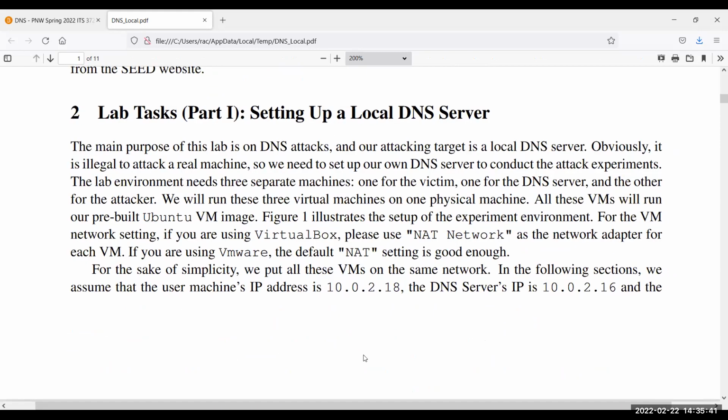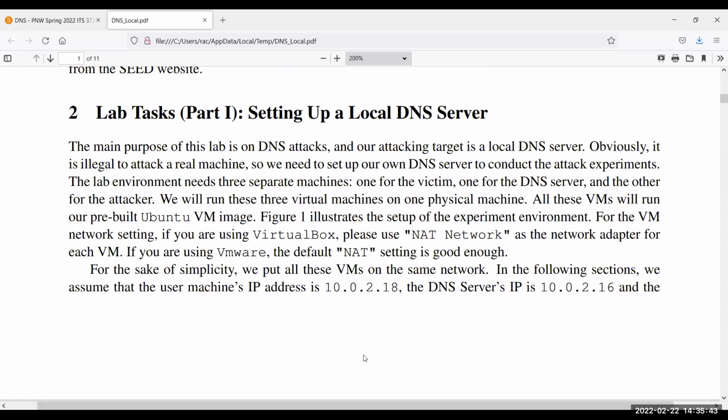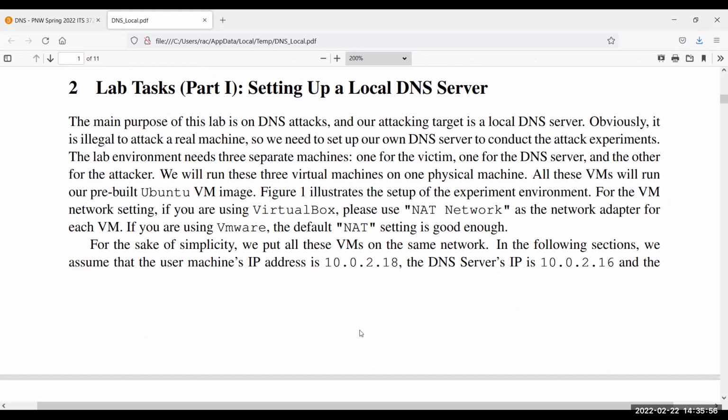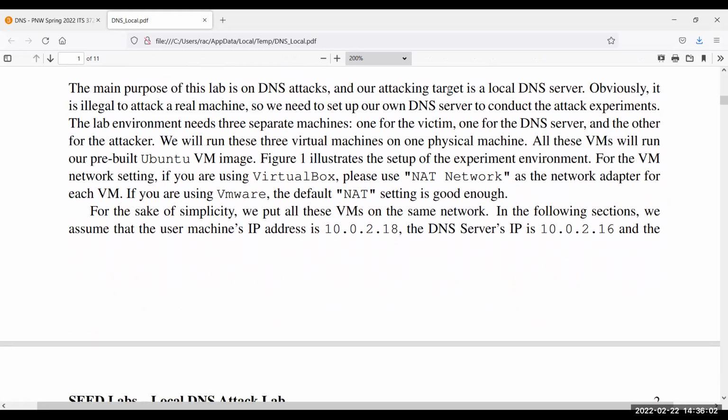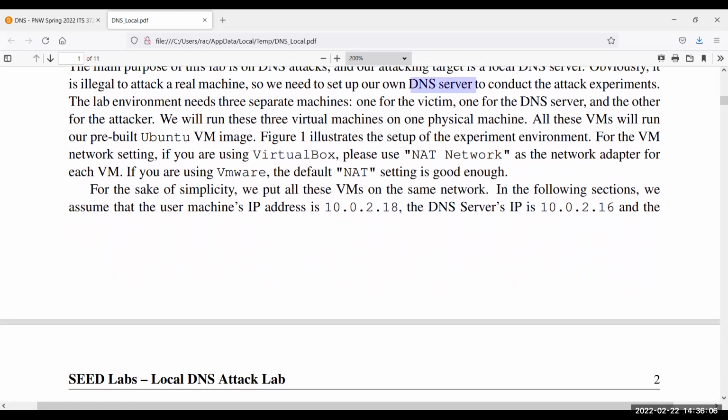All right, so the first part is, let's take a look at part one, which is basically setting up the local DNS server. The main purpose of the lab here is to set up and also to do the attacks. And this just gives you the disclaimer that it's illegal to attack real machines. So we're going to conduct this on our own DNS server. You're going to set it up